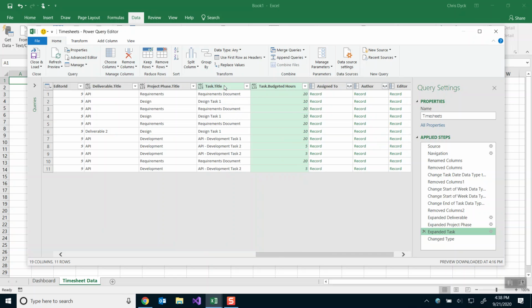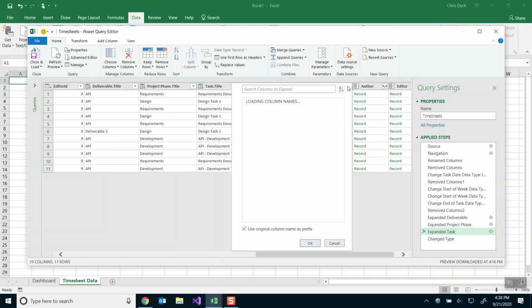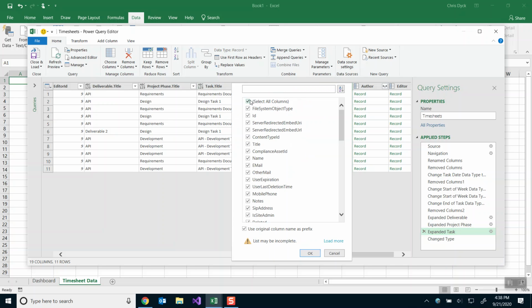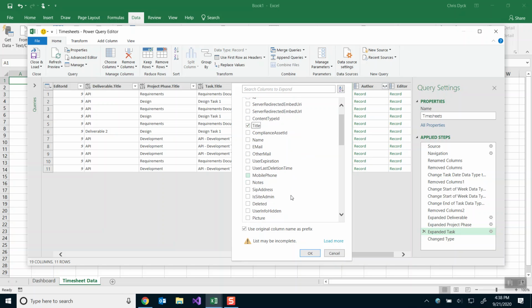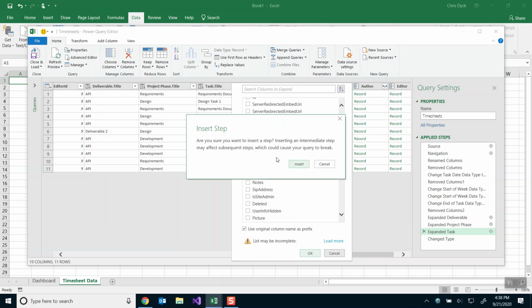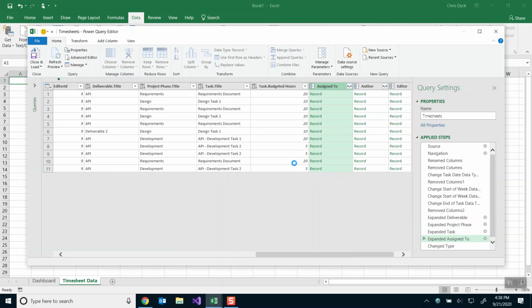Okay, so we have the task title and the budgeted hours. Notice the budgeted hours all have values next to them. Okay, the assigned to is also very important because this will help us know who a task is assigned to. Now you might think it would be more obvious to choose name, but in fact this is not what it is. It's actually title that will give us the person's name here. If you want to pull in their email address or some other information, you can explore this a little bit more if you like. But what we will have here is let's just push insert,